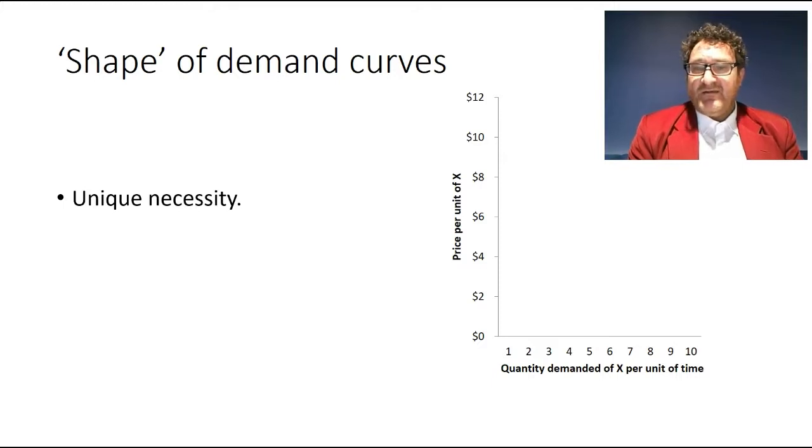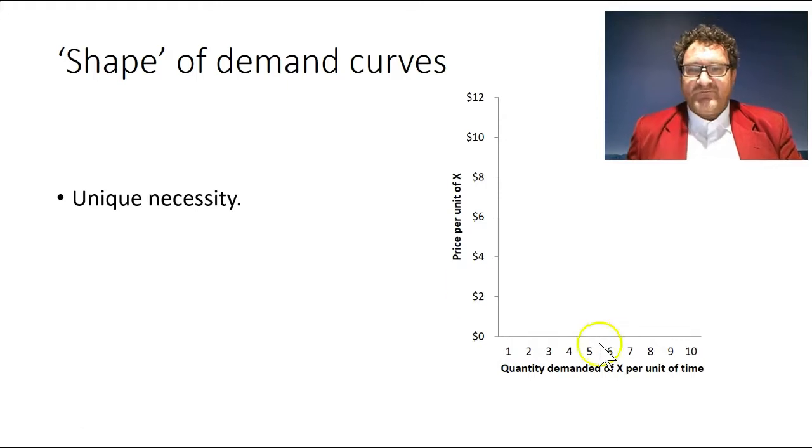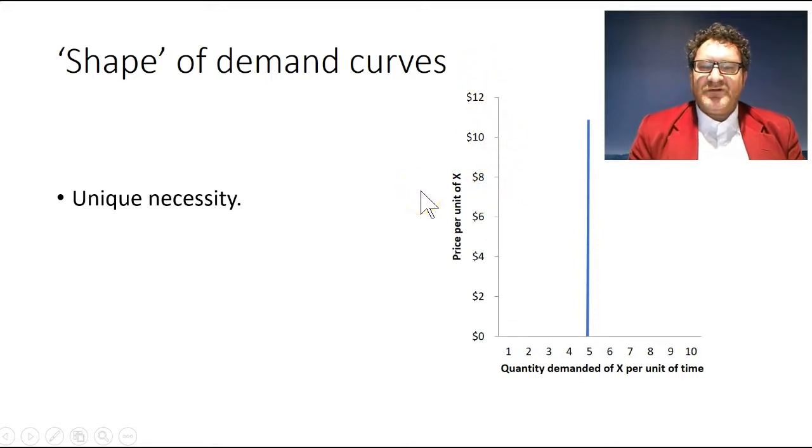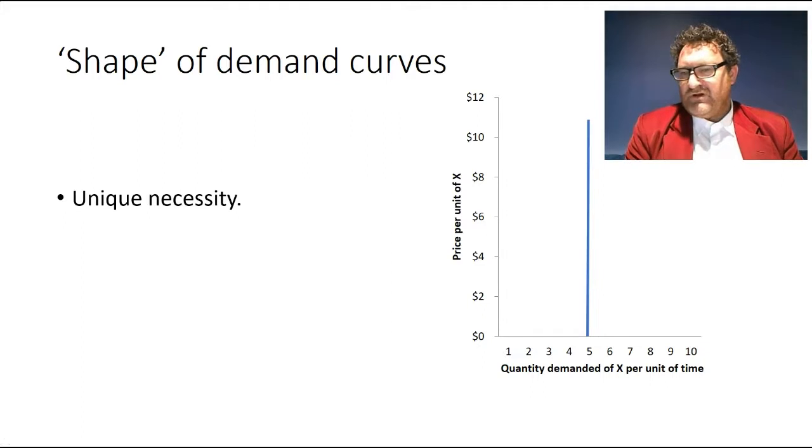Now, diabetics are going to need a biologically necessary quantity of insulin, assuming the number of diabetics doesn't change, for example. There's going to be a set given demand, quantity demanded of insulin, no matter what the price is. If the price is $2, the consumers might still want 5 units. If the price is $4, they still only want 5 units, 6, and so on. Because the quantity that they demand is biologically determined, and we assume that they don't want to die, so they will buy it no matter what the price is.